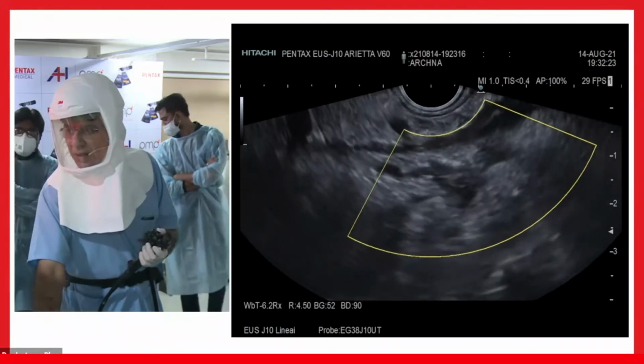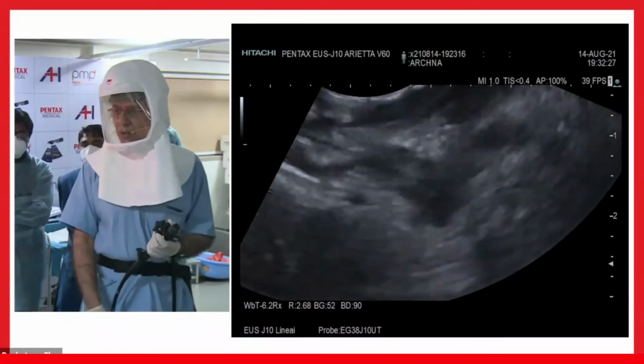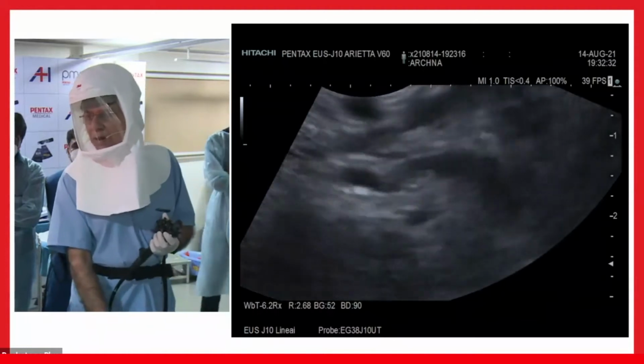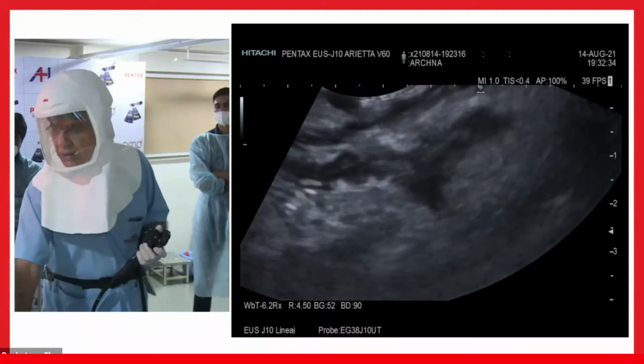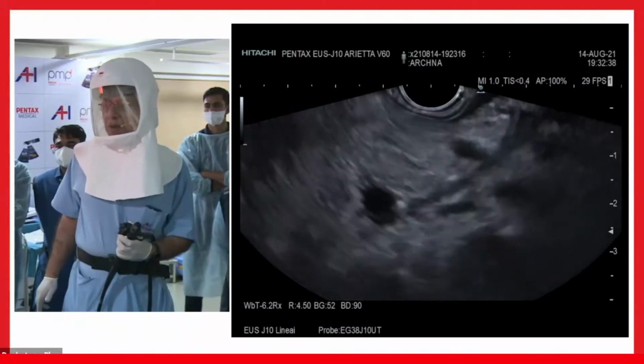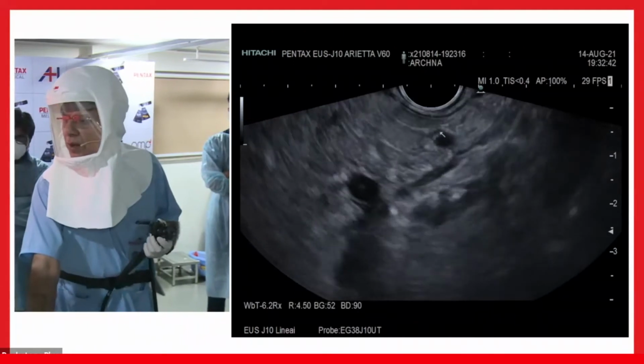But I think I am still diverting from the aspect. See, this fluid is close to the adrenal gland, but it is not affecting any limb of the adrenal gland so far. The adrenal gland is still intact. So there is fluid anterior to the pancreas, fluid posterior to the pancreas, fluid around the splenic vein, and fluid probably around the splenic